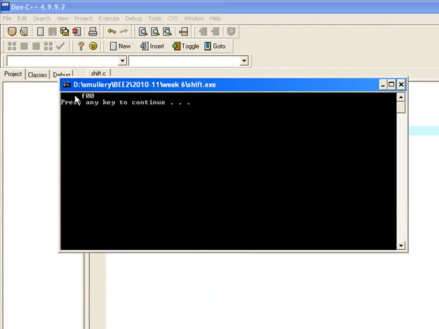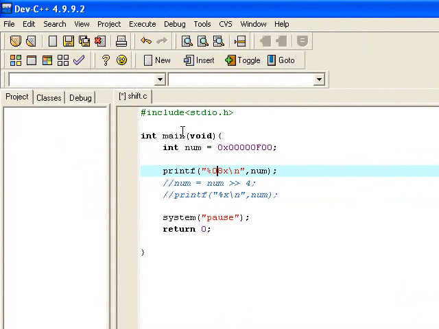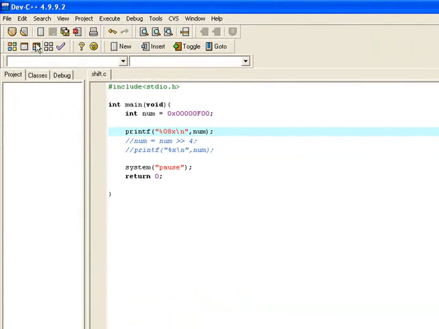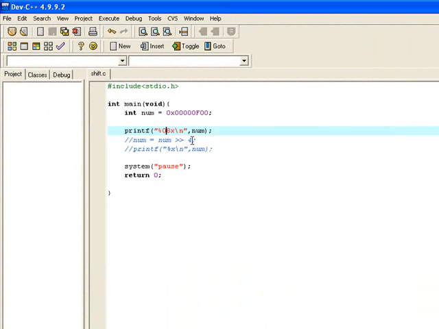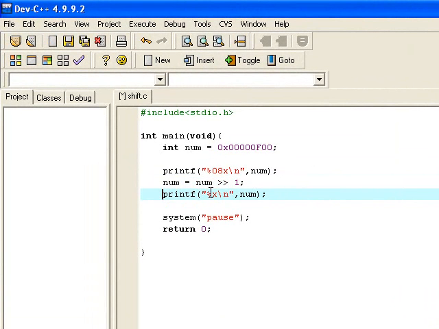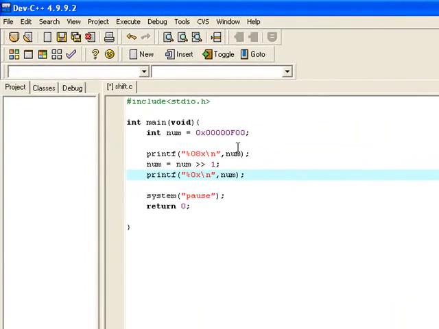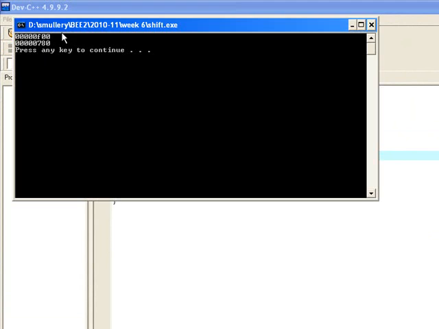That'll show us 8 places, but it hasn't put zeros in for them, so we'll also put in 08 like that to tell it that we want zeros as well, and that has now printed the whole lot for us. Now, what happens when I do a shift by 1 here, and then print out the thing again? So again, I'm going to say 08, and hopefully my calculations have come out correctly, and they have indeed,